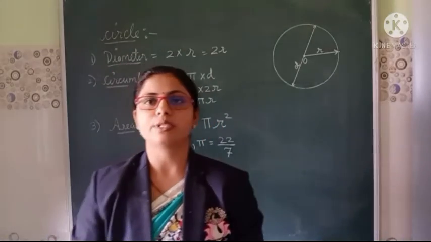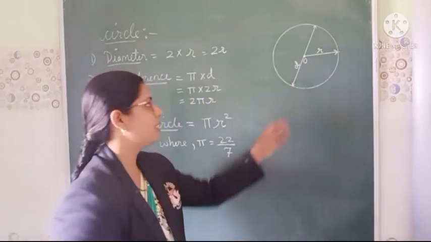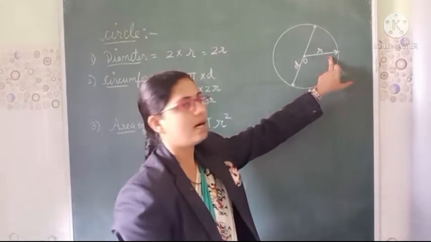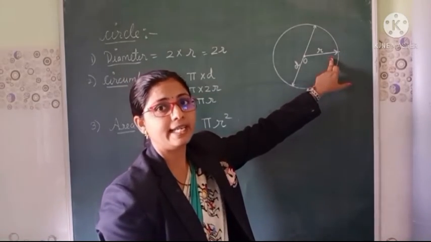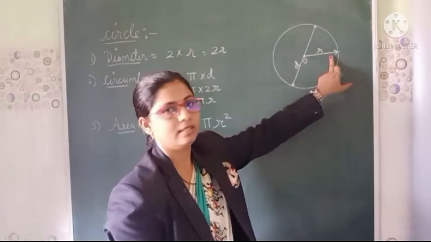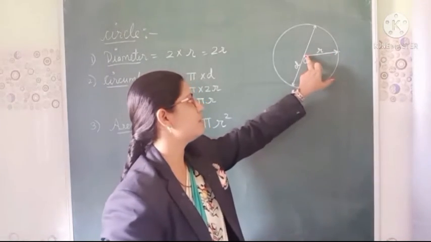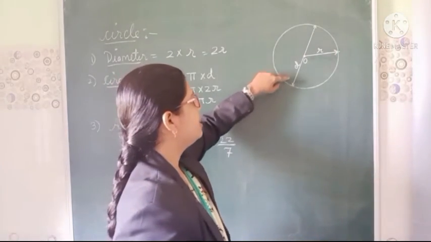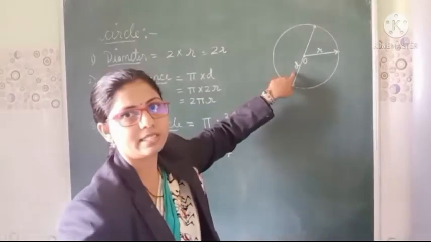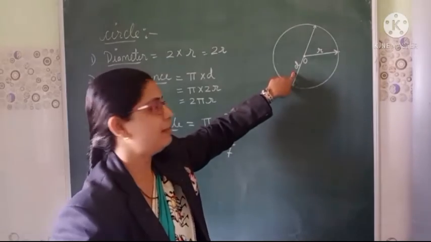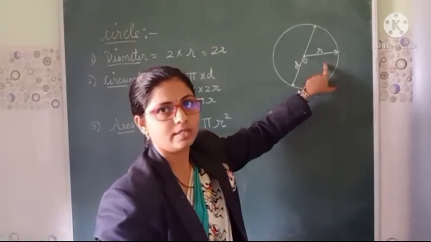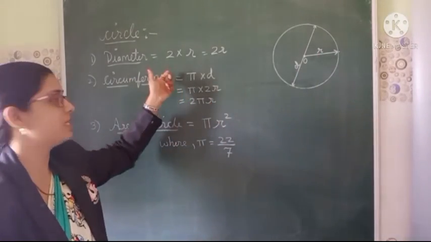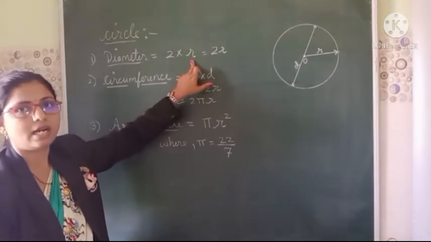Now next we are going to study about the circle. You know very well how a circle is. This is a circle where we know this is the R, that means radius. R means radius of a circle, from the center to the circle. Then this is known as a diameter, where it is represented as D. Diameter is twice of radius. Always remember. Now here we are going to learn about the concepts of a circle. Diameter equals twice of R.